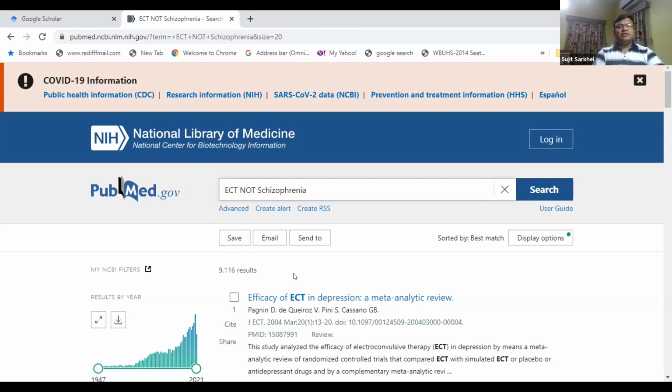So we have discussed 3 Boolean operators. AND is the most commonly used one, where it searches for both the terms. Number 2, OR, where it searches for each term separately. And number 3 is NOT, where the exclusion of the second term is done and the first term is sought. So these are the 3 ways in which a Boolean operator can be used. I hope this part is clear. So mostly AND will have to be used, and Boolean operators should always be used in capitals.